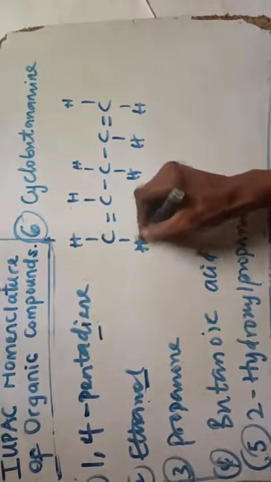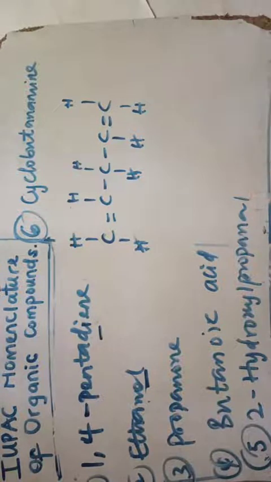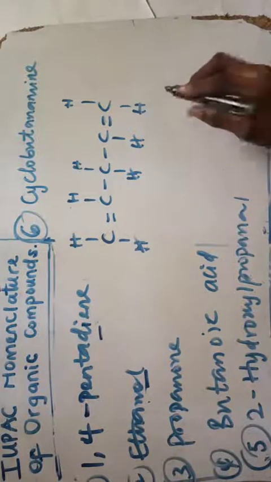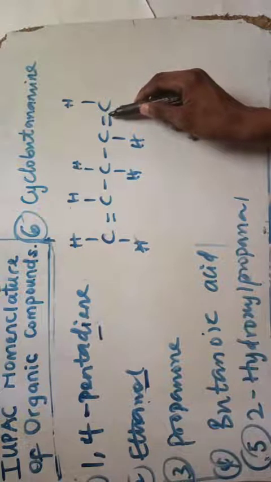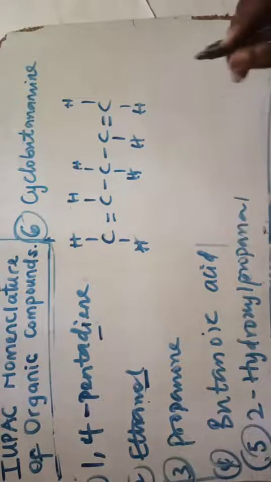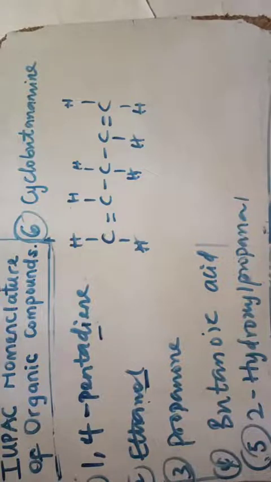What do you do first? The first thing you do is consider the functional group, because it's the reactive group that determines the chemical and physical properties of a chemical compound. So here you see I have the ene family, and I can just name it, considering the longest chain. What is the longest chain possible here?